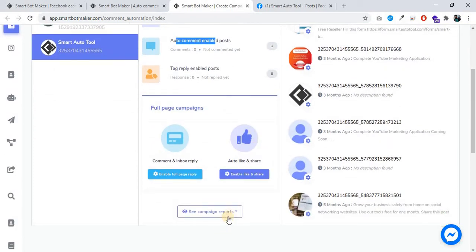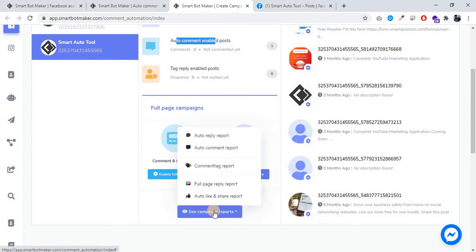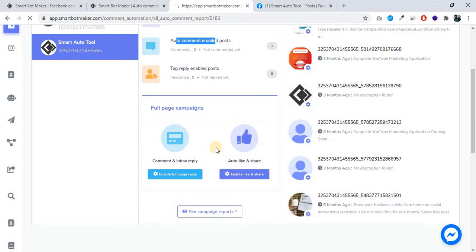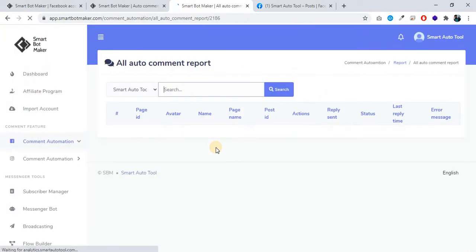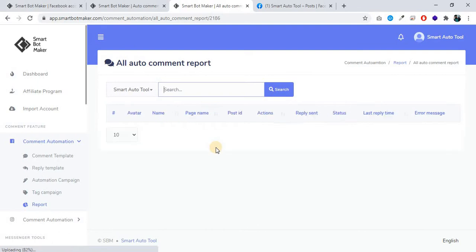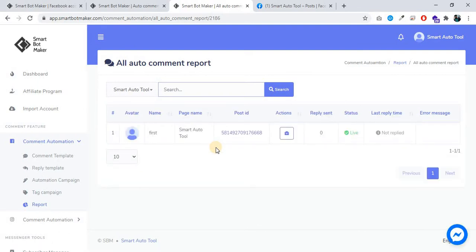Okay, now you can see the reports, auto comment report. Click on it. Here you can see the report. Reply sent 0, status is live. So we wait for some time to run the schedule.